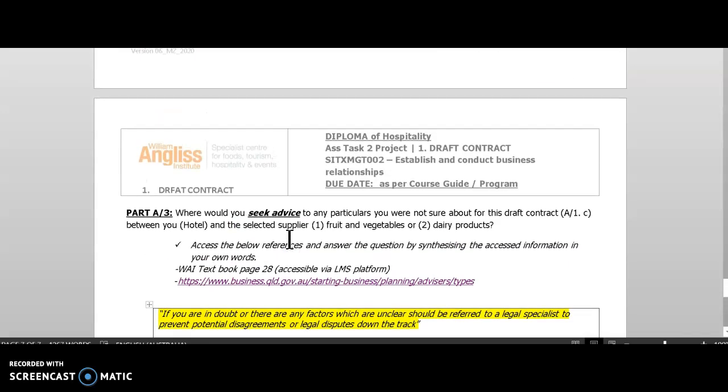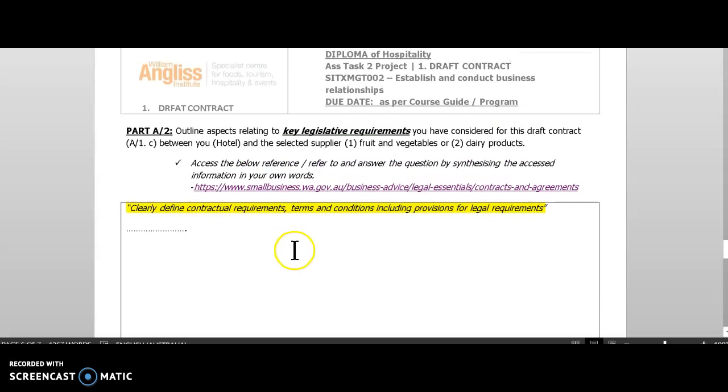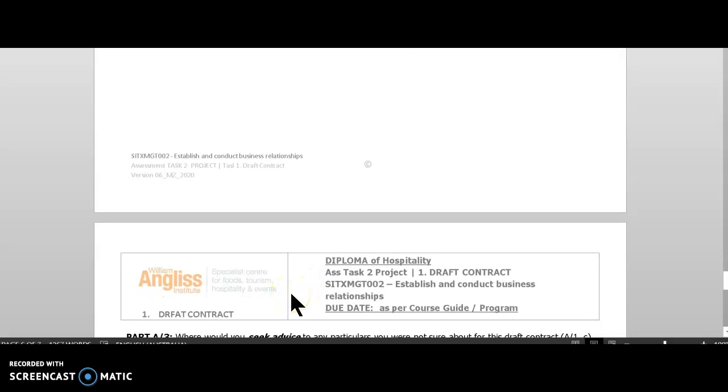So that was the tutorial for your assessment task 2, project draft contract, A2, key legislative requirements, and A3, seek legal advice. And of course, as usual, you have time to work on this, to complete this part of your assessment task in the workshop consultation session in our next week